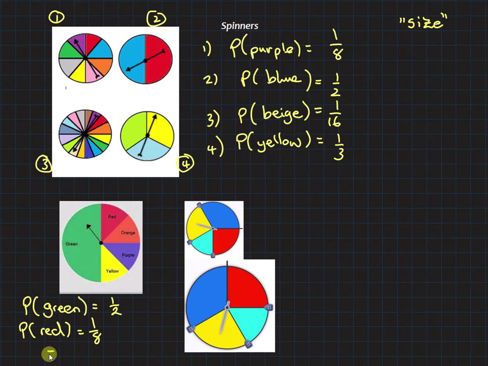And actually what you should also realise is the probability of all colours is going to be 1. Then it's certain that one of these colours will come up. So if I told you on this one that the probability of red, yellow and blue is 2 out of 3, red or yellow or cyan, which is light blue. If I told you that was 2/3, oh, 2/3, not 3/3,